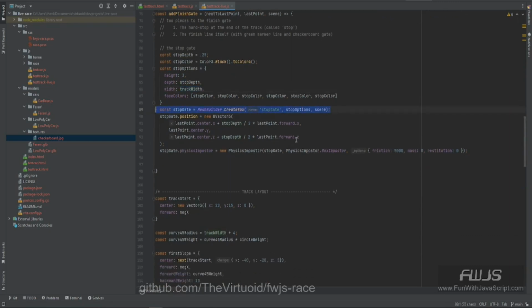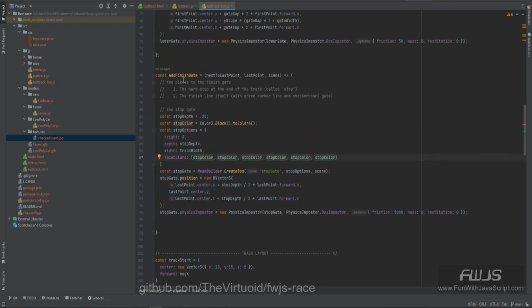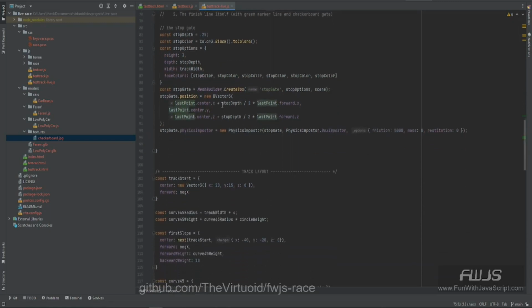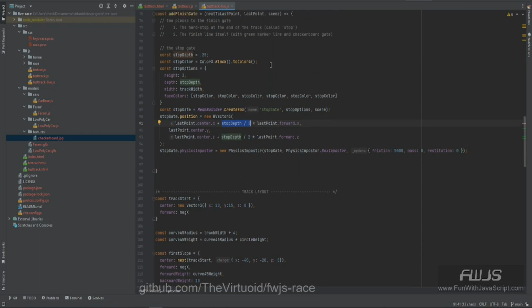That creates the box. The position, how do I want it positioned? Well, obviously I'm going to start at the very end of the track, and when I do add finish gate, I pass to it the next to last point and the last point. So I'm going to get to the very last point, which is this one right here, but then I need to move it. And how do I move it? Well, the only thing to move basically is the stop depth divided by 2. Now, why divided by 2? Well, the reason I did that was that